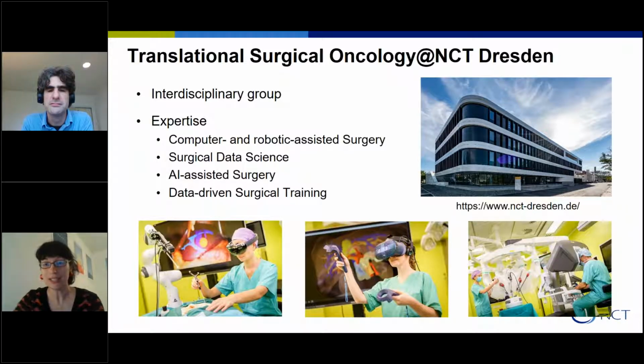You can see here on the top right side our new building, which was officially opened 3 months ago, and it includes an experimental OR and a simulation room, everything focused on AI-assisted surgery, where we intensively collaborate with the clinicians on the university clinic campus. Our group's expertise is computer and robotic assisted surgery, and I will now show you some examples of research we are working on.